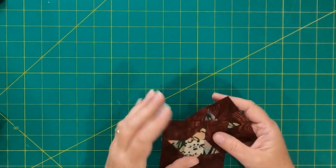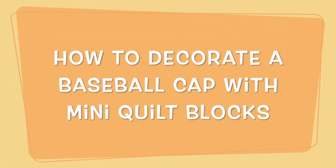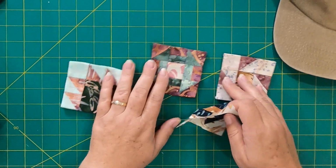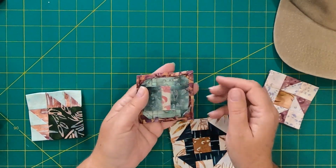And I'm going to pull over these ones I've already prepared and my hat. So on these 3, you can see where they're folded over. Let me just show you this Churn Dash here, how much bigger it is. You can see I've already done this. I went ahead